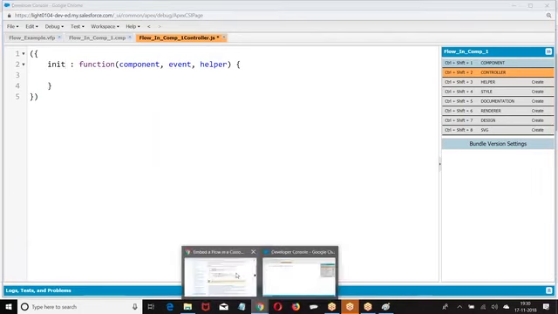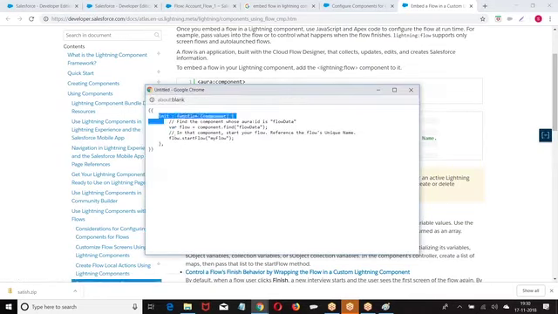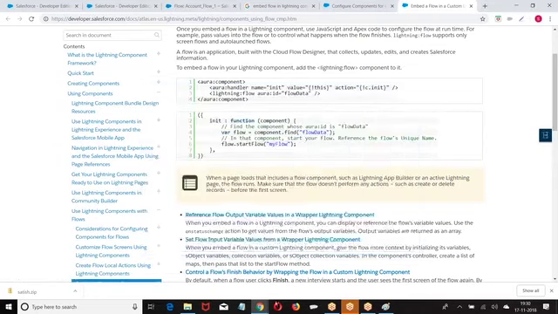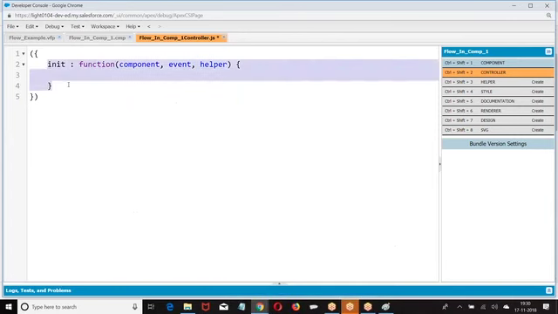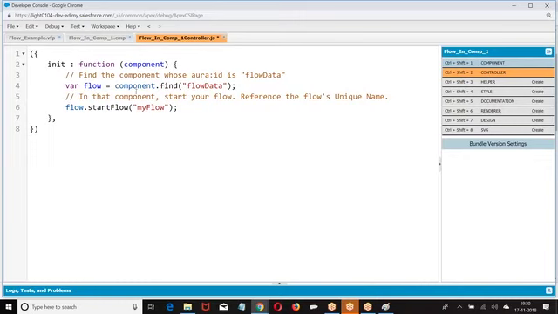Right. Now, whatever flow you have, we are supposed to give flow.startFlow. Now, how will that flow.start come? Based on the ID, read the flow. You give lightning:flow, and whatever ID you have given, based on the ID we have to read it. component.find, flow data, get value. Then we received it. component.find flow data. Once you got this, flow.startFlow. What is the name of the flow? Account flow.